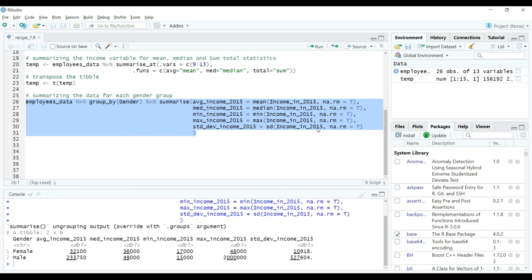I hope I was able to give you some hands-on practice on using the summarize verb for various statistical summaries. As a small exercise, I give you a challenge to compute the above 5 statistics for all the income variables at once. Would you be able to do that? I'm sure you can. Please try, and as a hint, please use the summarize_at verb wrapper for the summarize verb and pass the statistical methods into the .funs argument. So give it a try and write in the comment section below how you did it.